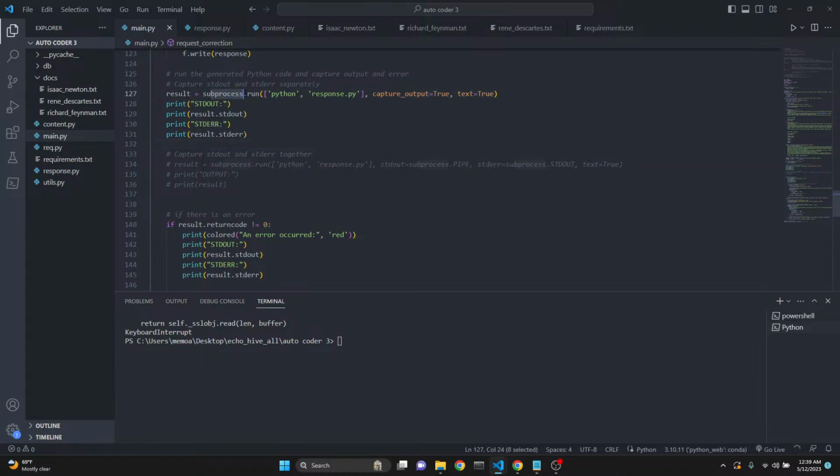So what we're doing is subprocess.run, and then we return result. This result is something like a dictionary, and it has multiple elements in it. stdout is what normally would print under normal circumstances into the terminal, versus stderr is what